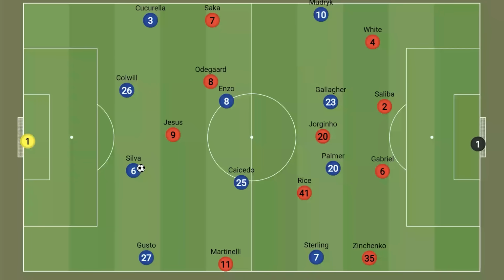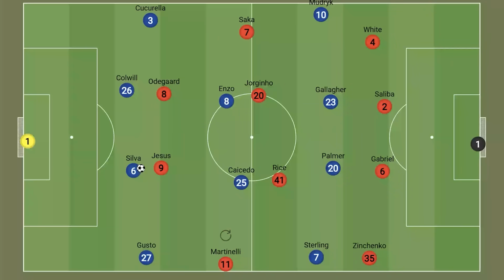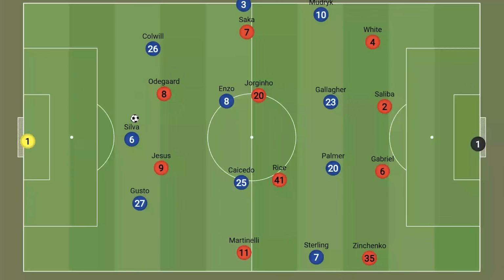But generally, Arsenal were much more aggressive in the press, with Odegaard joining Jesus as they shifted into a 4-4-2 when they were looking to press. And whenever the ball would work its way wide, once again they continued their more man-to-man orientation with the winger on the fullback. But due to this 2 versus 2 situation, we often saw Cucurella push higher up on the left-hand side, whilst Gusto would tuck in to be the right centre-back, trying to make it more of a 3